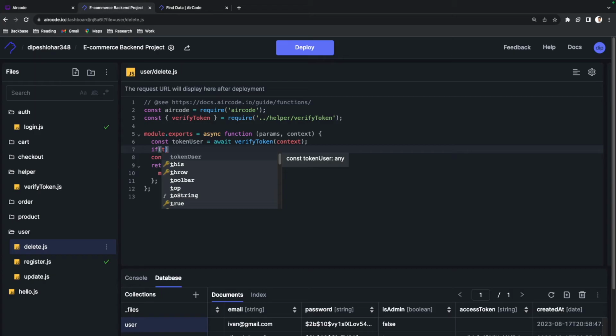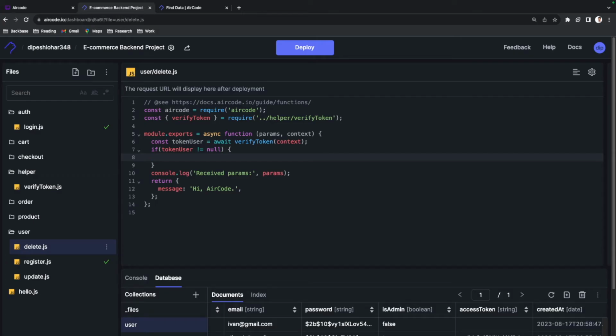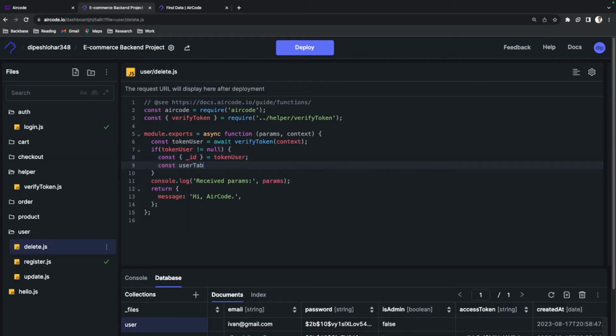All right, and then we just make a check that if this token user is not equal to null, in that case we have received the information from the decoded token. All right, if it's not null, then we will just take the ID. So let's have the ID of that user. All right, and this ID will be coming from the token user. So in order to delete the user account, we don't even need the ID from the request body. We can easily decode it from the logged in user. Then we are going to have a reference to the user table. This is going to be equal to the